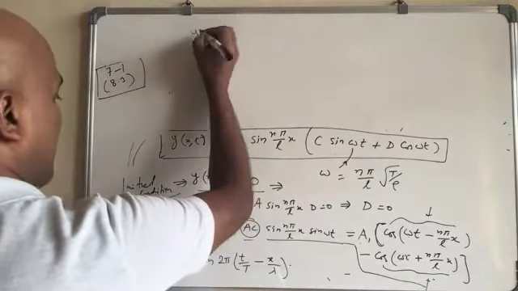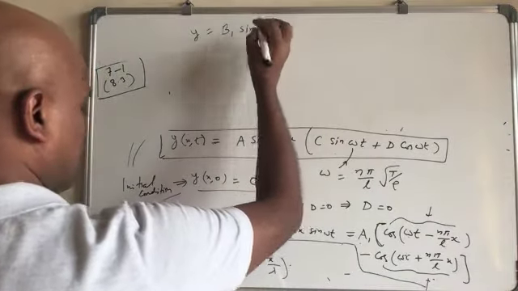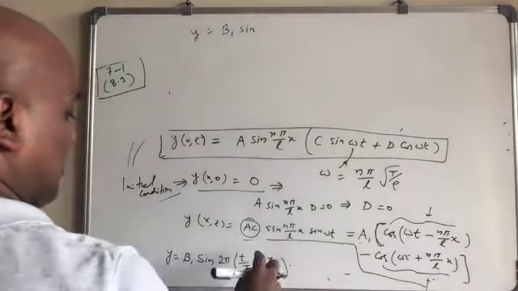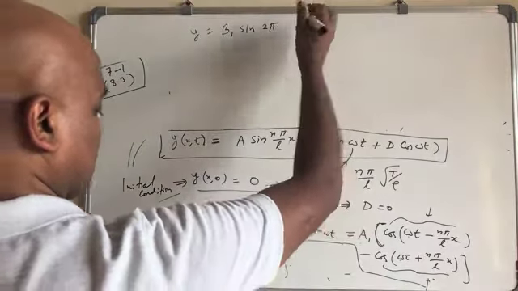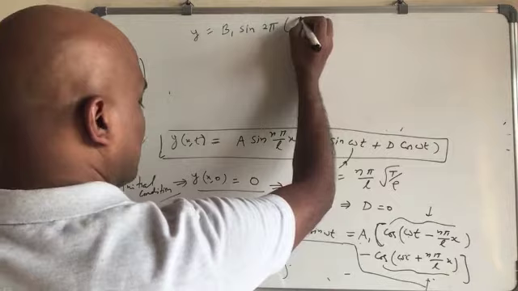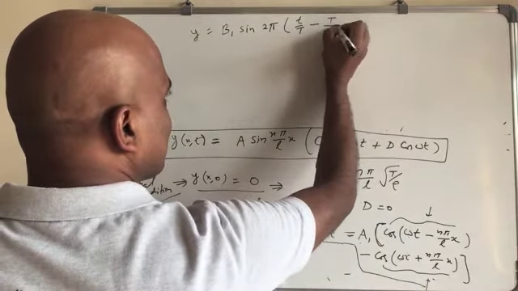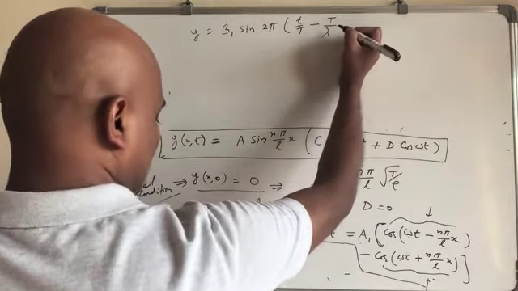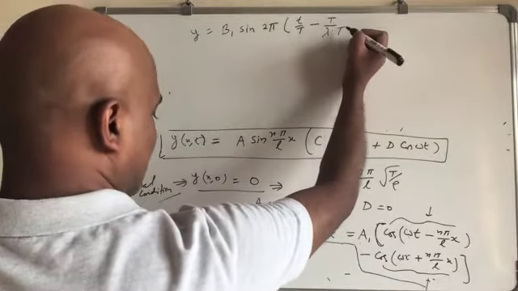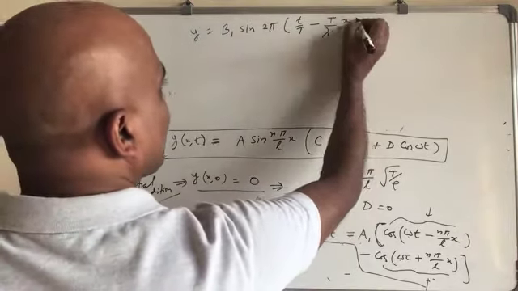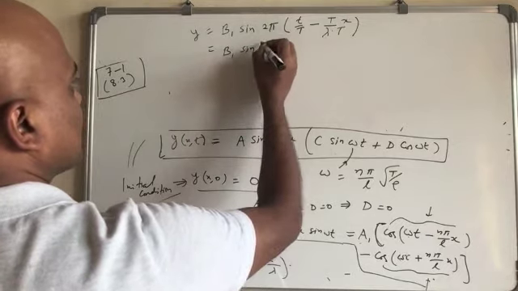Okay, so y equal to b1 sine, then here we will have 2 pi, and we write like this, t over big T minus, so if you have t here over lambda, and then you have t over lambda, t right here again, we have x here like this, okay, so y equal to b1 sine, then